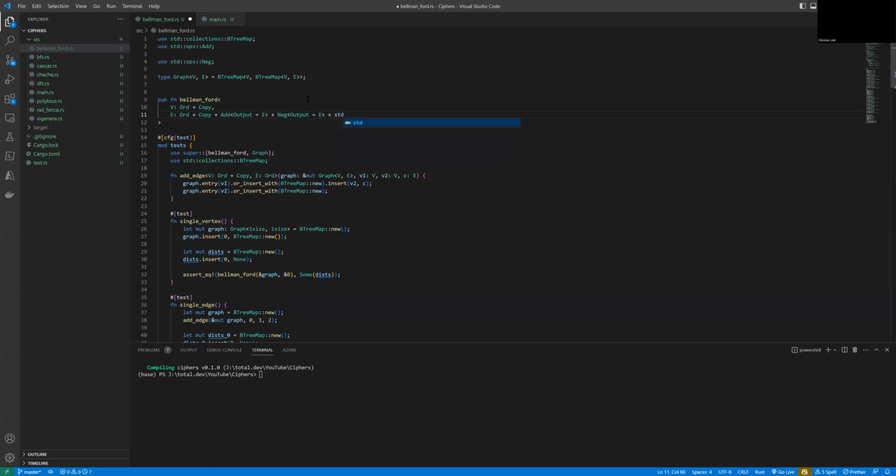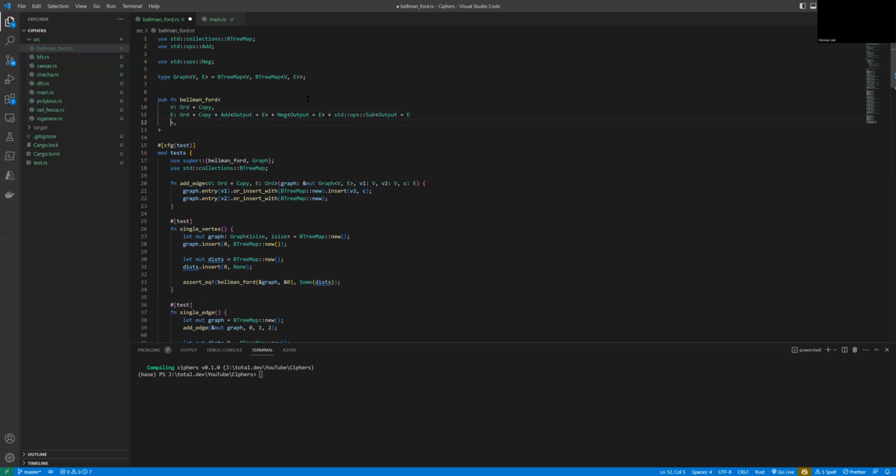Plus, we grab the standard library with the ops, and we add the Sub keyword of type output equals E. Okay, great. So now